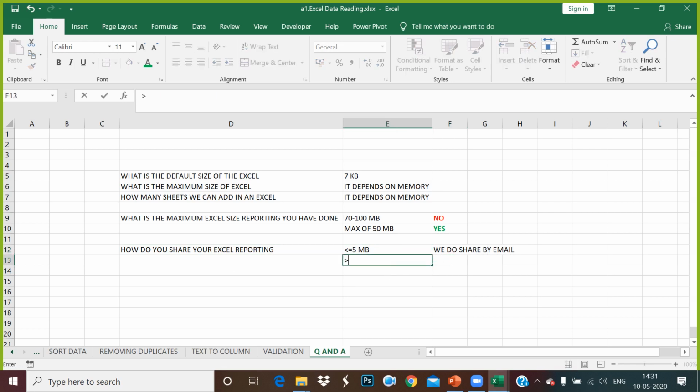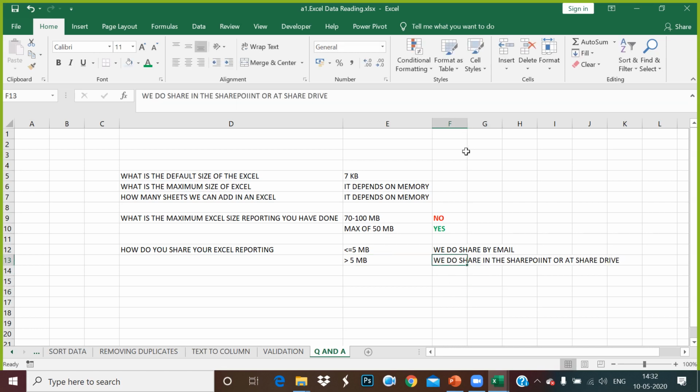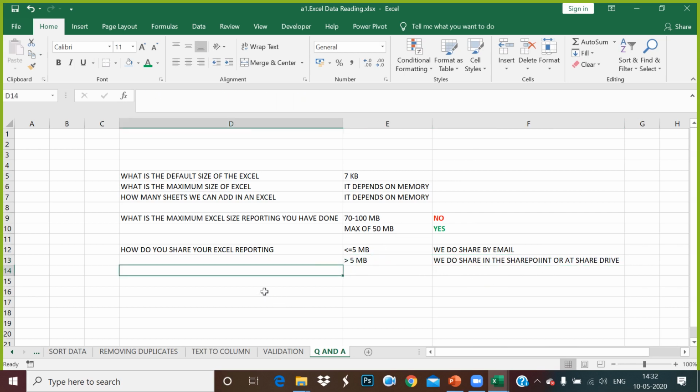If it is more than 5 MB, what do we do? We share in the SharePoint or at the shared drive which has been given to you. So you just go and copy-paste the report there where everyone can go and access that report. So this is how you need to say it in the interview.